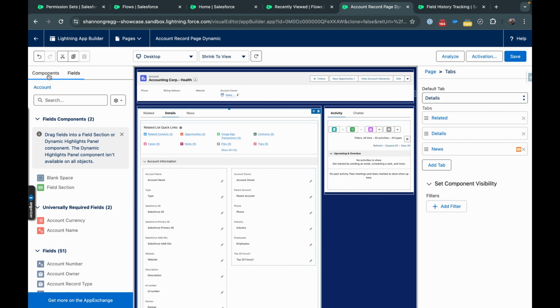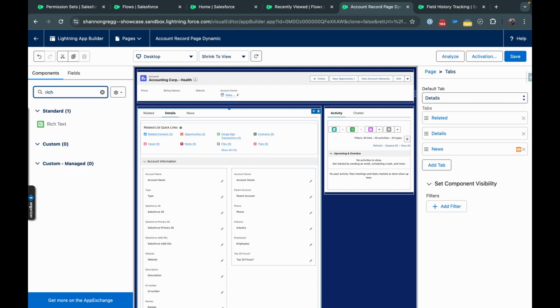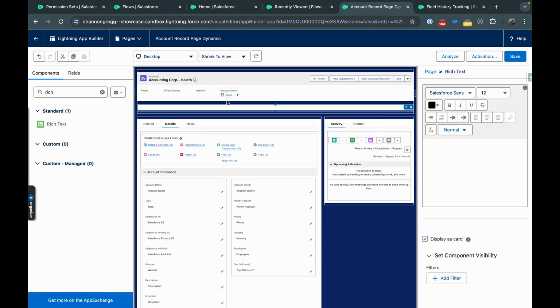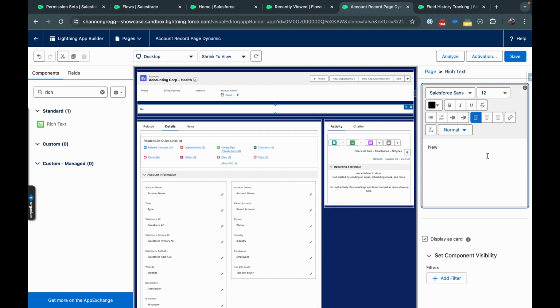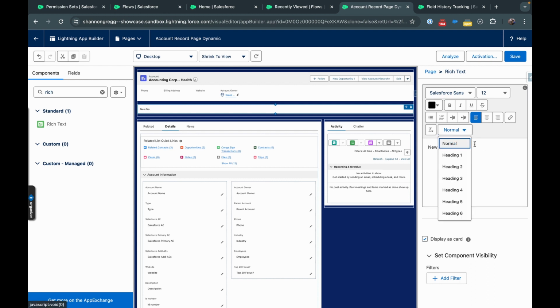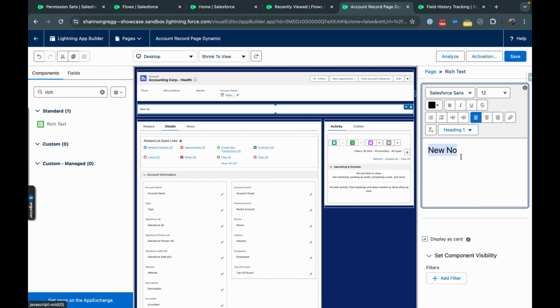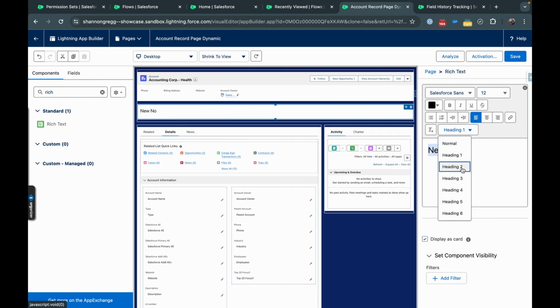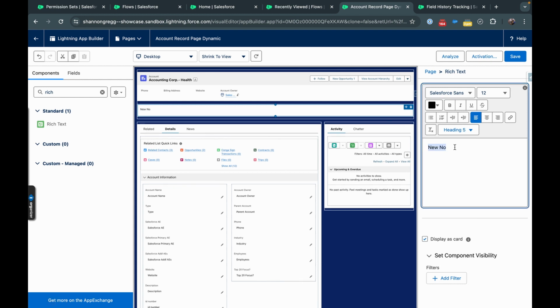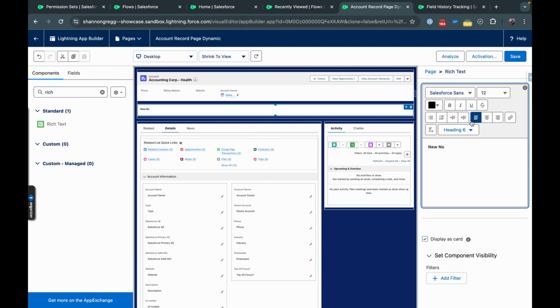Also, the rich text component got a little bit of an update. Now when you're typing text into this component, you have the ability now to choose some of these new formattings that they have available, so that depending on how you're trying to format this specific section, it comes with some presets already. So stuff like new heading, heading 1, heading 2, so on and so forth. Now, the last thing we're going to be looking at